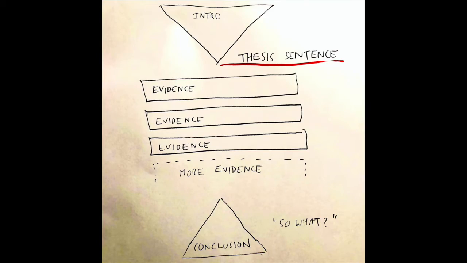Okay, so first paragraph, the intro. This should be introducing your topic, and at the end of it, you should have your thesis sentence. Now, it's not a hard and fast rule that your first paragraph has to end in the thesis sentence, but if you're looking for rules about what to do in an essay, this is a pretty good rule to follow. So, you would explain what your topic is, introduce it to the reader, and then at the end of that first paragraph, you have your thesis sentence, and you'll want to underline it when you hand in your essay.